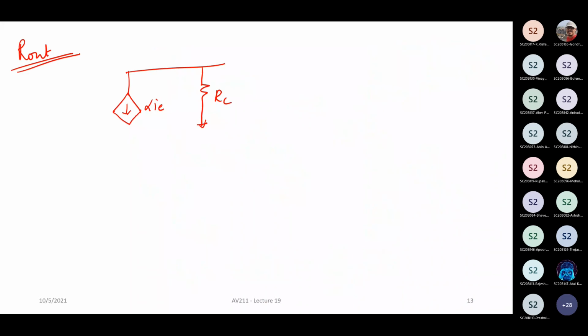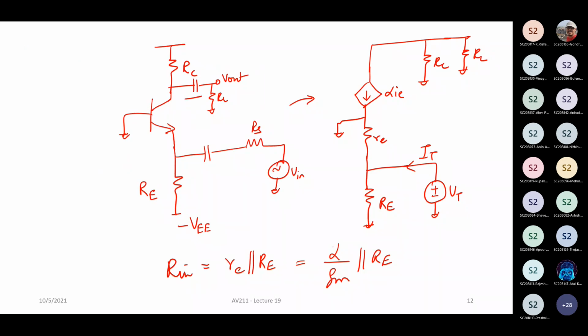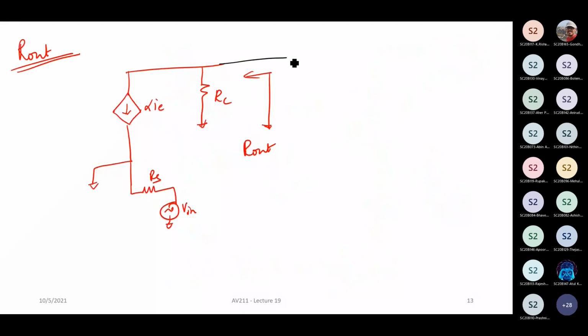All right. So now let's take this circuit and try to find out the output impedance, right? So let's say this is grounded, and this is Vin. You have RS, and this is your output impedance, without your RL, correct? So when you look at this, you try to find the output impedance by looking here. Now, how do we do that? We do that by connecting a test voltage source here and try to measure IT while setting